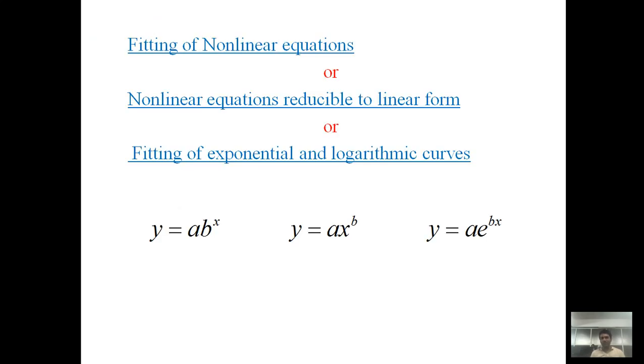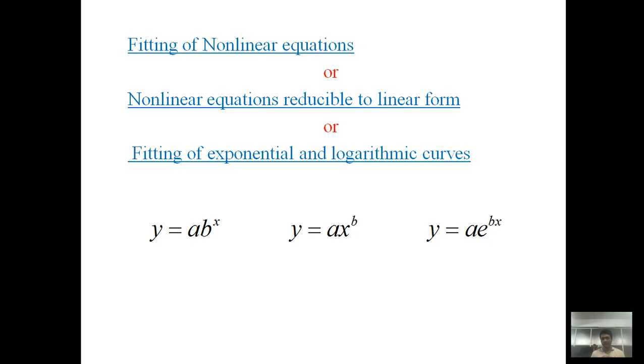Now, today we should learn about fitting of nonlinear equations. Fitting of nonlinear equations is a part of curve fitting. In curve fitting, our first approach is, if our data is linear, then we have to fit a straight line. It is also known as least square line fitting. If our data is random as compared to the previous one, then our approach is to fit a least square parabola instead of a least square line.